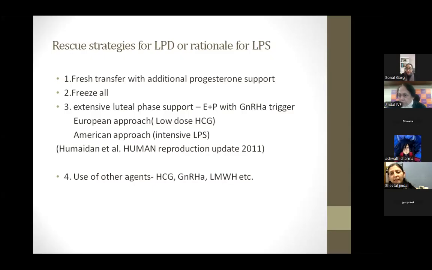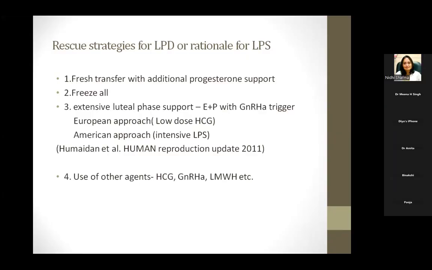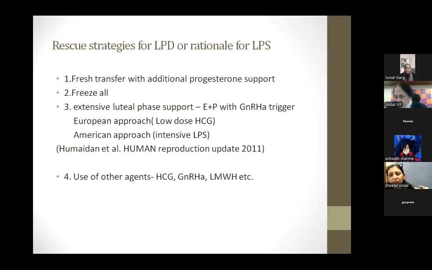We want to mimic the natural environment. And so there are various ways in GnRH agonist trigger. We can use the European approach or the American approach. I'm not going to go into the details of this extensive luteal phase support, but yes, it involves use of estrogen and progesterone, mimicking all the molecules which are secreted by the corpus luteum in the luteal phase to support the pregnancy. And there are other additional agents which can increase